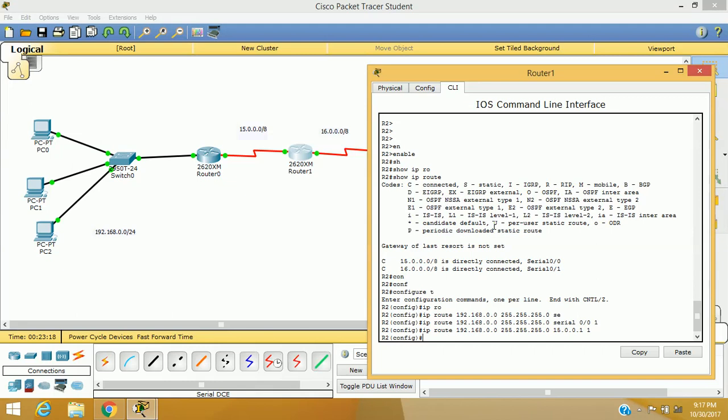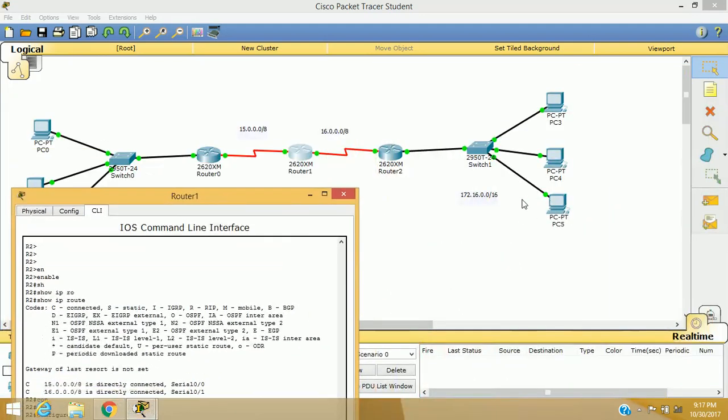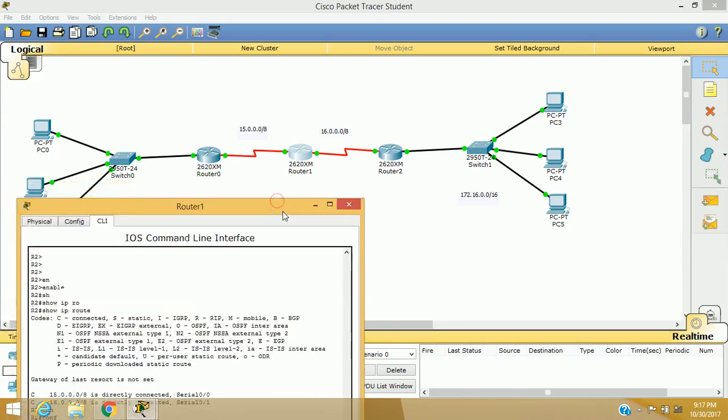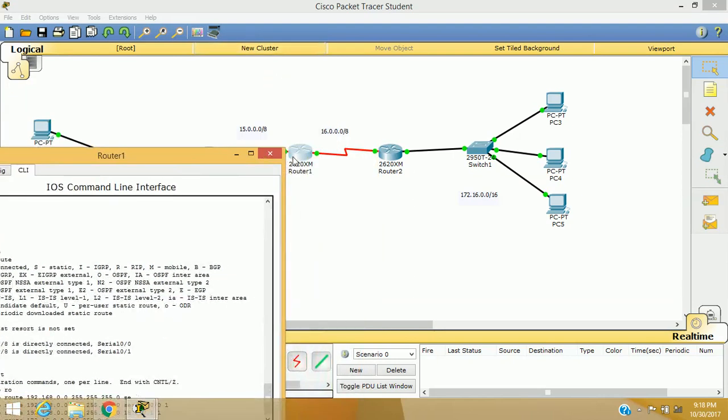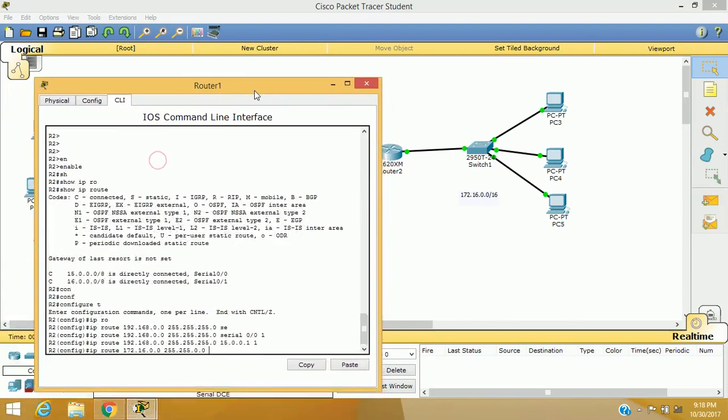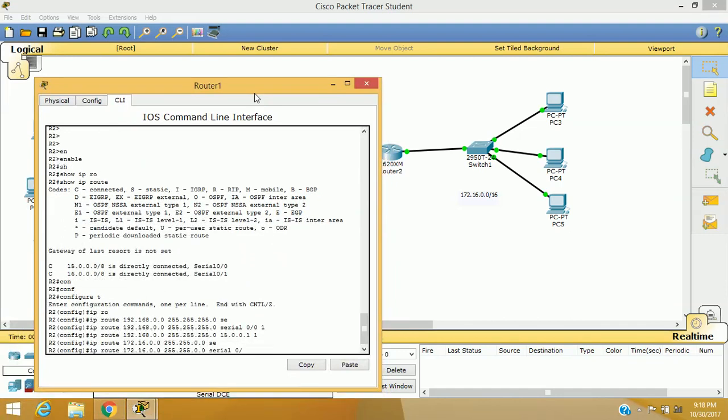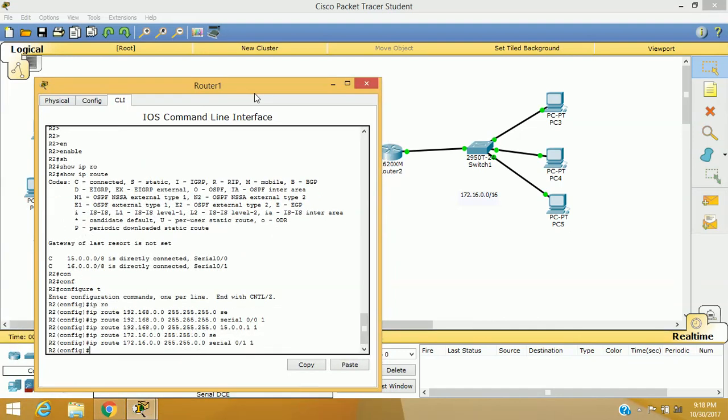Okay, so we have configured or added the 192.168.0.0 network. Now we'll have to add this network on the second router's routing table. So what command will we use here? The same command we will use here, and that is 172.16.0.0 255.255.0.0, and this network for router 2 is connected with the serial 0/1 exit interface, or you can use